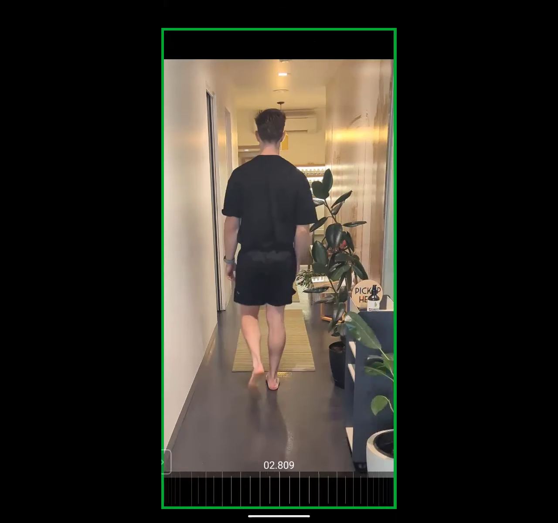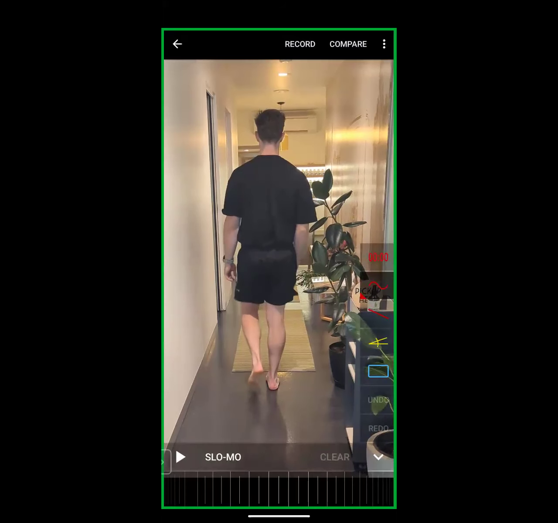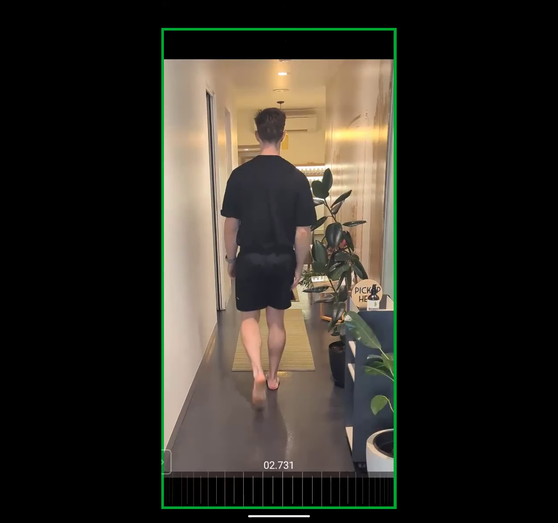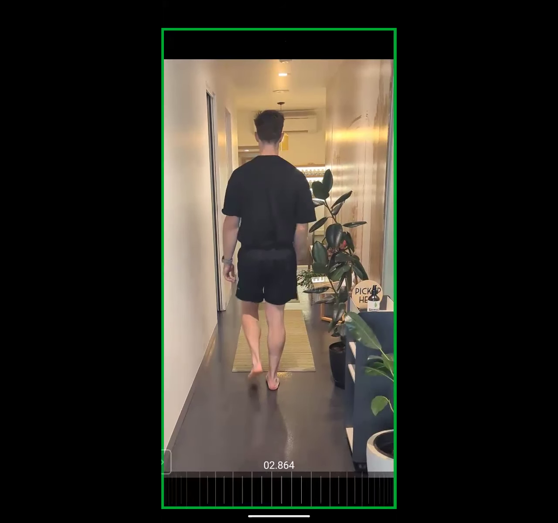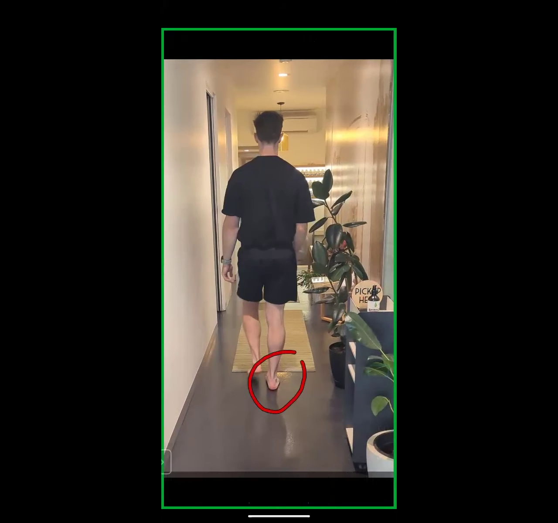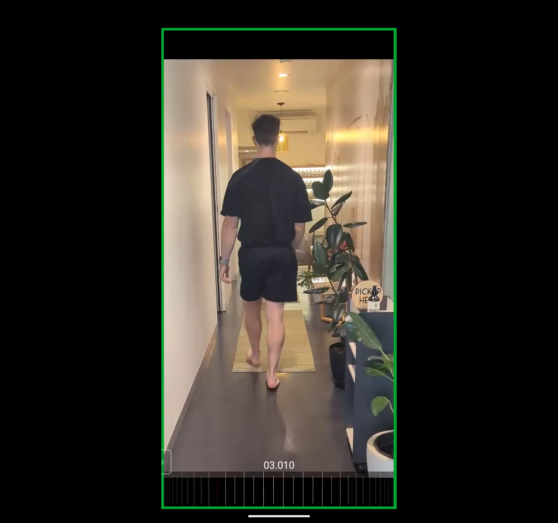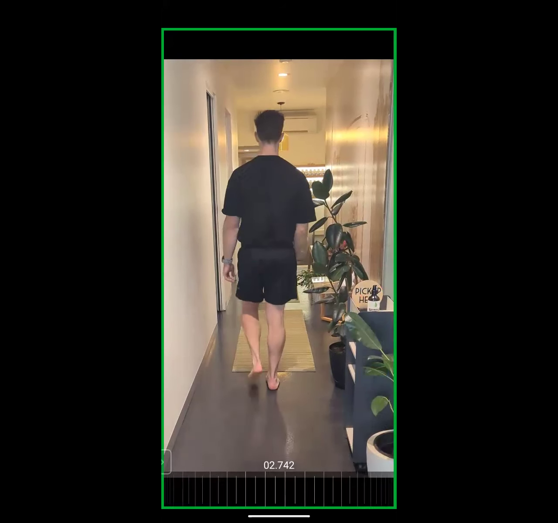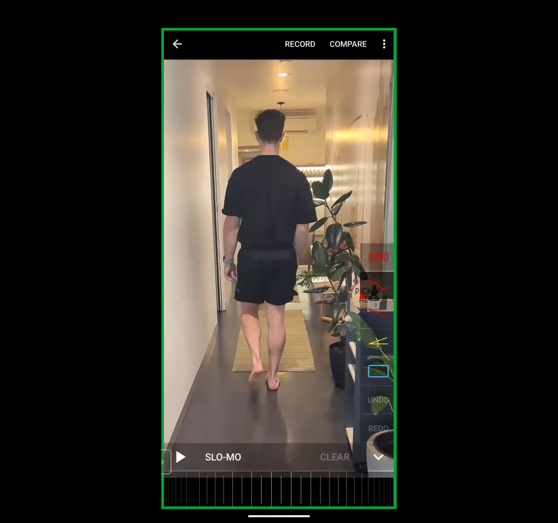So here we go. Feet are next to each other in space. Did his foot on the right supinate? Not really. We'd like to see this foot supinating a bit more than that. And what's his head doing here? So here he actually does get a bit of a lateral flexion in the opposite direction. So he's got a right lateral flexion. However,